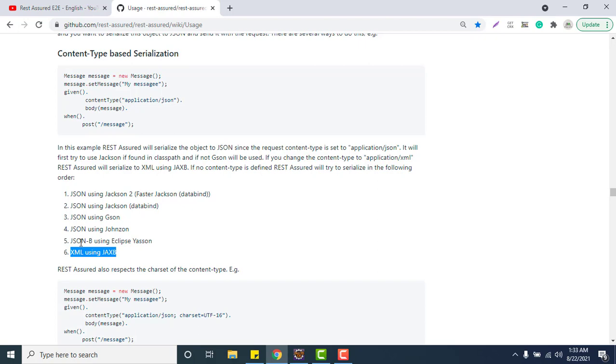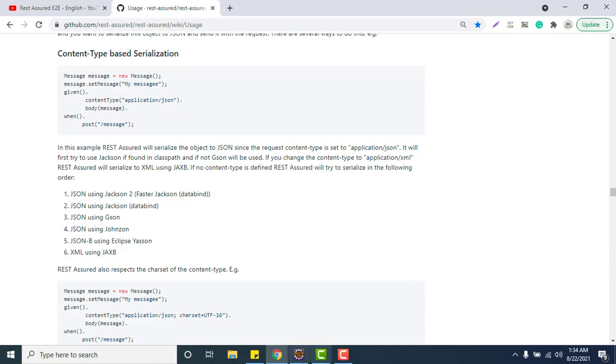Okay, XML mapping. Now you might ask the question, why was it working earlier? Why didn't I get any error? I already made some videos, but we didn't get any error for that. This is because when we added the JSON schema validator, that particular dependency has one transitive dependency, that is Jackson only.